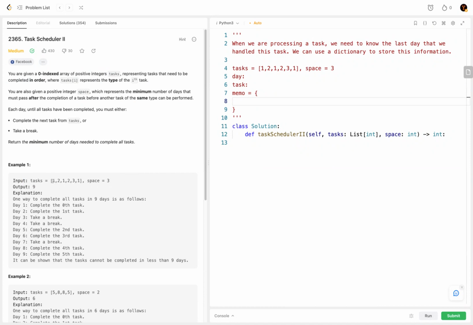So we have tasks here that we have to complete in order, and the 3 means the minimum of 3 days in between two tasks of the same type. So we can finish the first task on day 1 and then the second task on day 2. And since the third task is type 1 as well, which is the same as the task we did on day 1, we have to take a break on day 3 and day 4, and then do the third task on day 5,